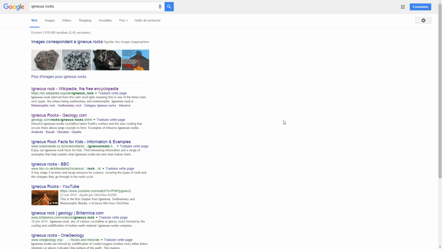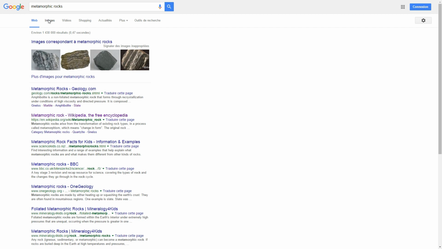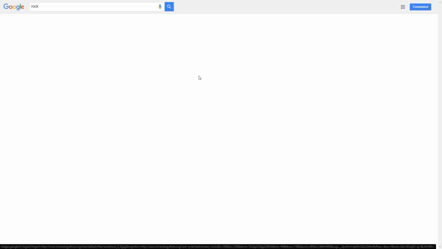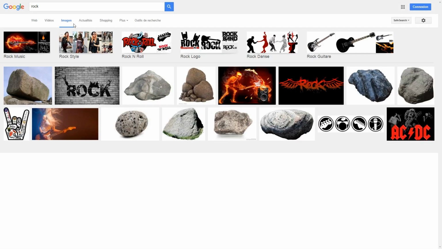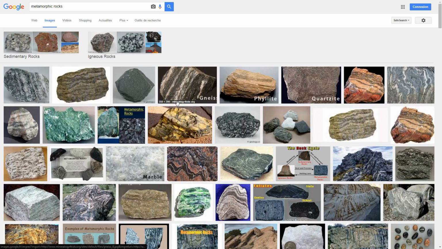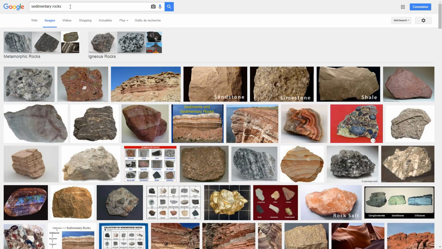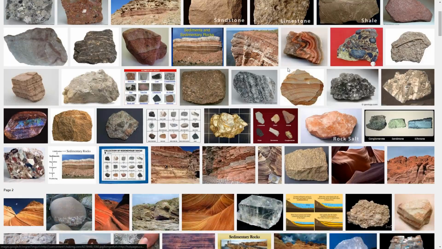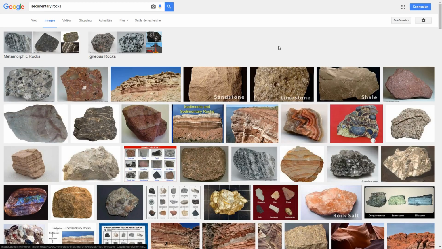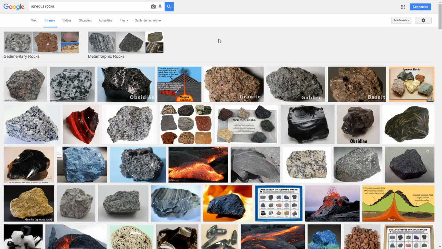We can search for those three types of rocks on Google and try to get a better sense of what sets them apart from one another, visually speaking. If you search for the keyword rocks, you will get random pictures. However, we can search side by side for igneous, metamorphic, and sedimentary rocks. In that case, we tend to get more relevant results. That is why it is so important to gather a bit of information on the topic we want to study before we start to paint. It gives us both a better understanding of its complexity and keywords that we can leverage in our quest for